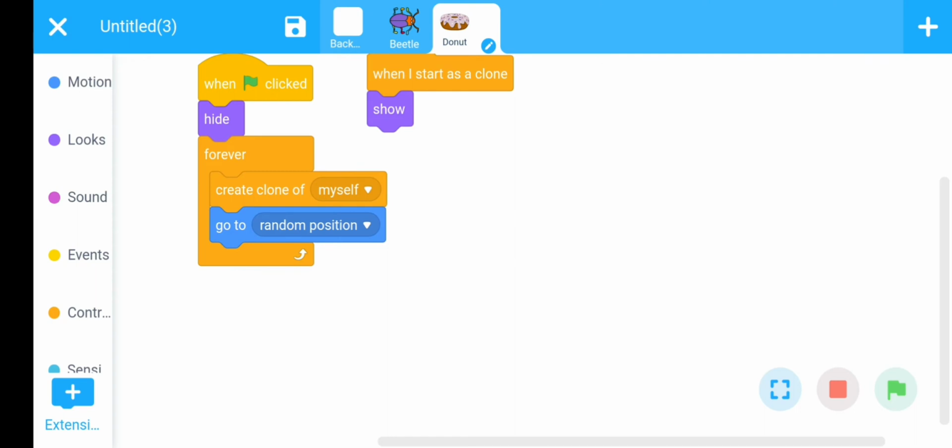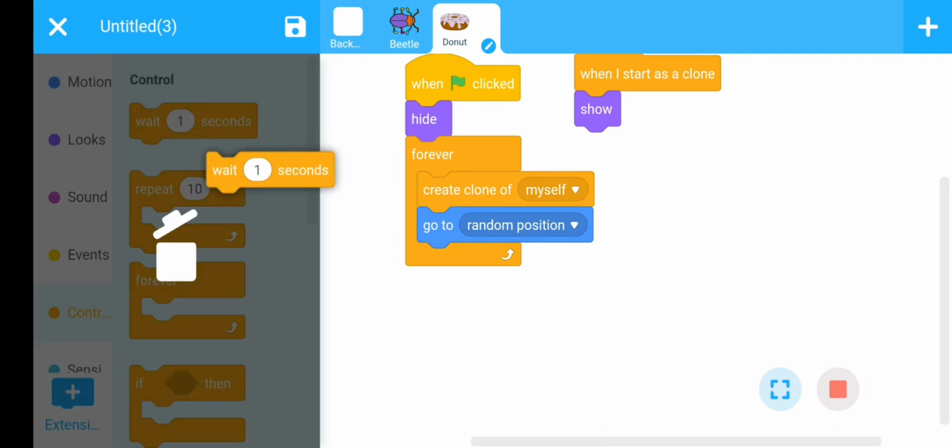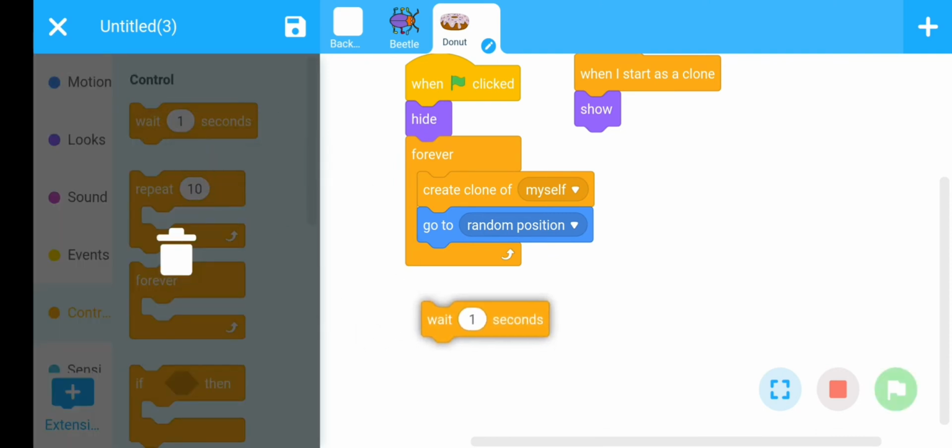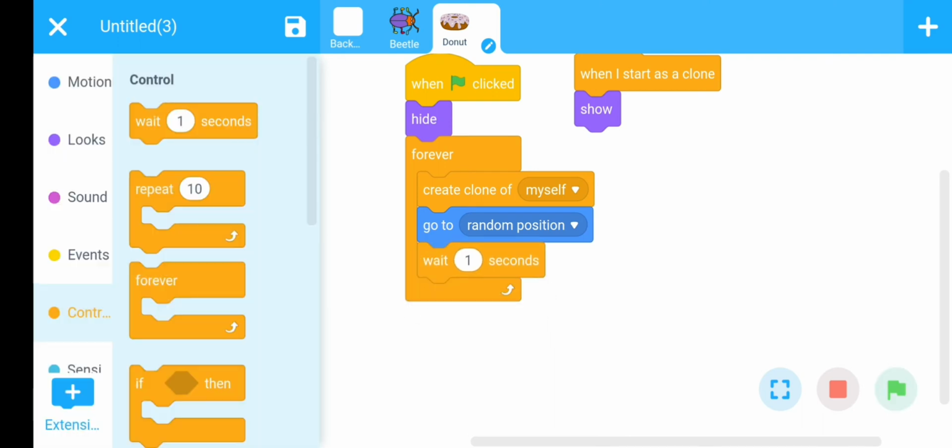So to avoid this situation, we have to generate a wait between the two clones. For this, go to control section. There is a wait command. Use this wait command inside the forever loop.